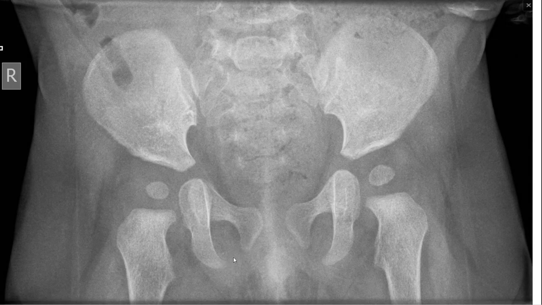So the ischiopubic ramus has not ossified totally. This ossification is completed by the 7th to 8th year of life. You can also see this gap between the ilium above and the ischium and the pubis behind. This is actually because of the presence of the triradiate cartilage, which completely ossifies by about 22 to 23 years of life, right? So this was the x-ray of a child taken in the first year of life.